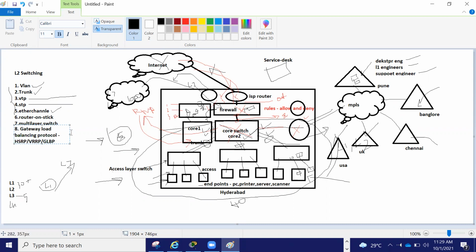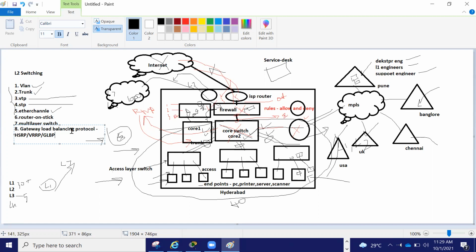This is a very advanced topic. Generally this type of lab will be in CCNP and CCIE. You need to learn it, but here I'm trying to give you a complete picture. If you understand well, excellent. If you don't understand, then no problem. You have time, learn it later.